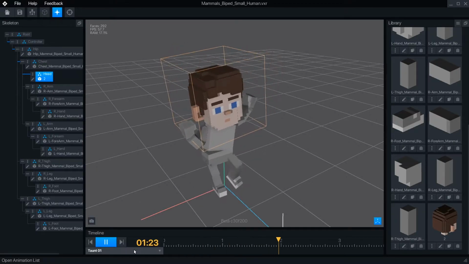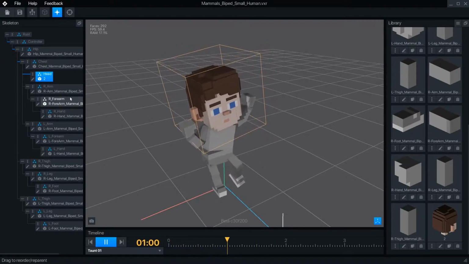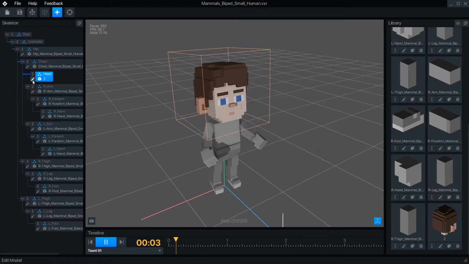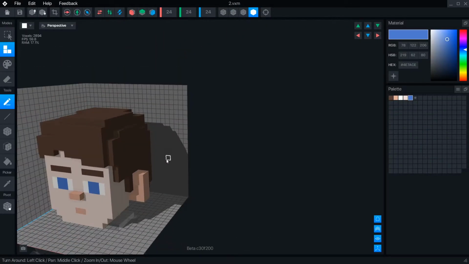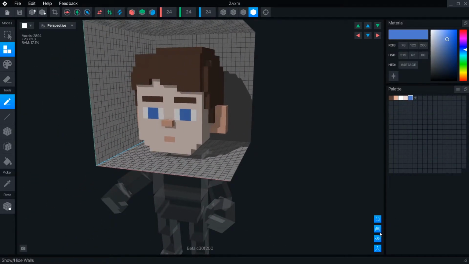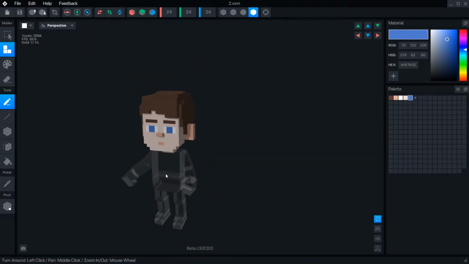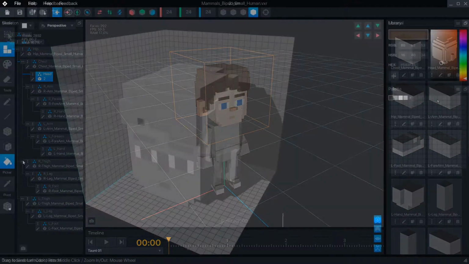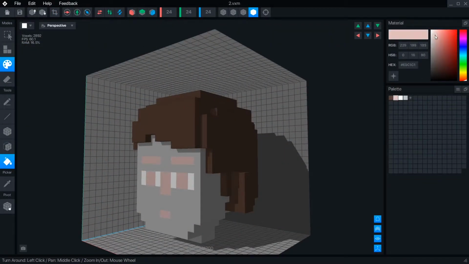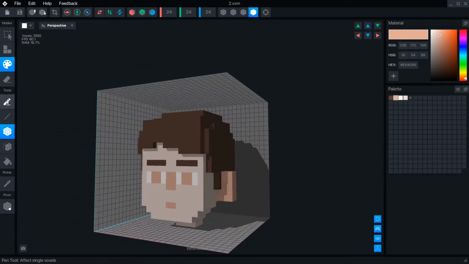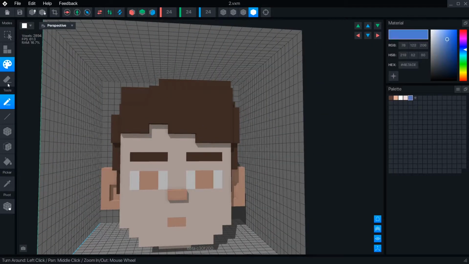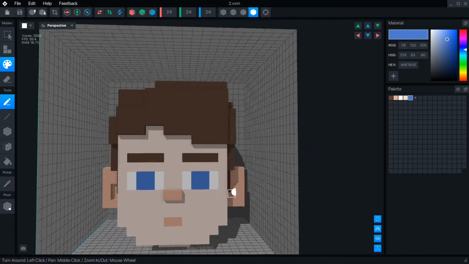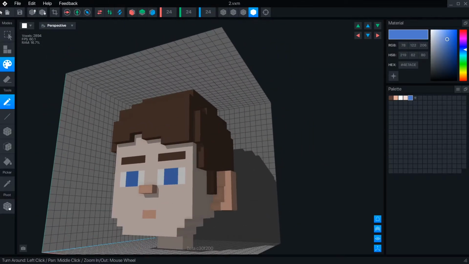Now to edit the models, you can use the pencil buttons on the skeleton panel or the library. The skeleton option will display the rest of the rig as a ghost image for reference. The library option is helpful for objects that are not yet attached to the rig. In the modeler, you have access to the full tool set. You can color and model on the template file, or you can erase everything and start from scratch. When you're done modeling, press the home button to save and go back to the animator.